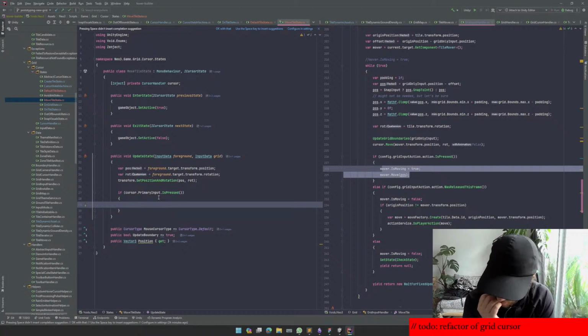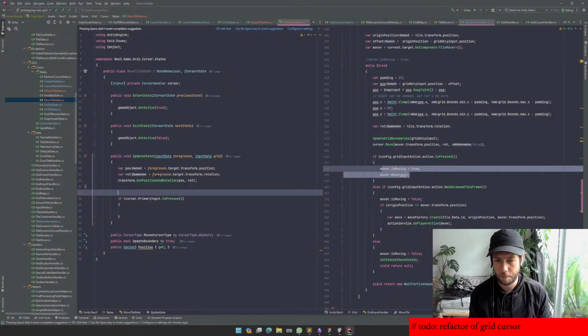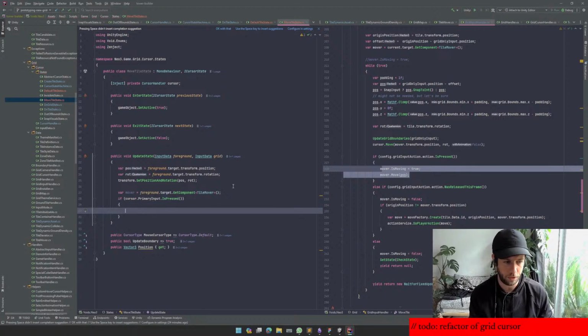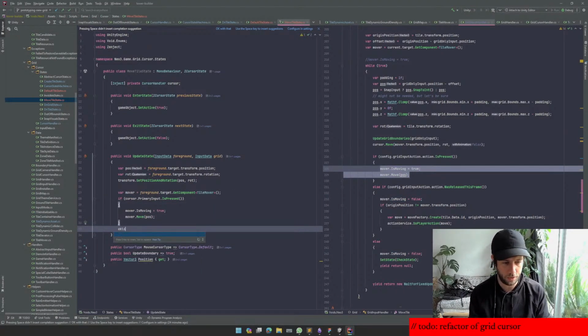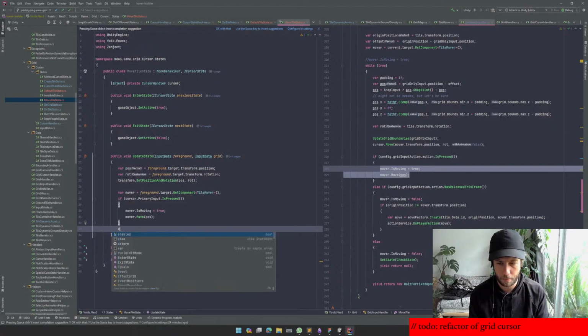Like, I guess I could cache it in the parent state. I don't know. You know what? Premature optimization. Let's just do it. Let's just do var mover equals foreground.target.GetComponent<TileMover>, and then we'll just do this. Else if